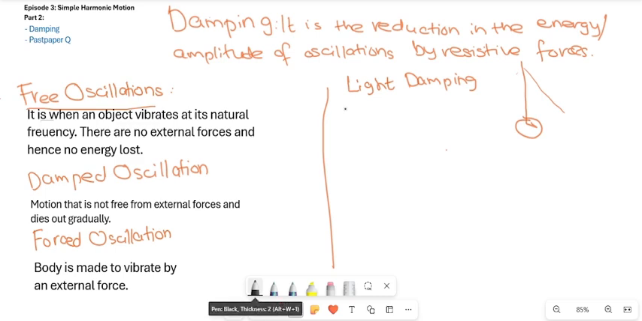Okay, for light damping, the motion starts off strong and then it gradually dies out. So you see how it starts off strong and then the resistive force is acting and then it gradually dies out. But if you're talking about heavy damping,